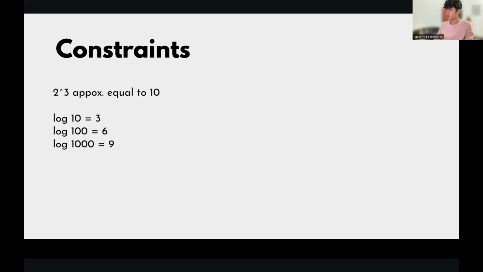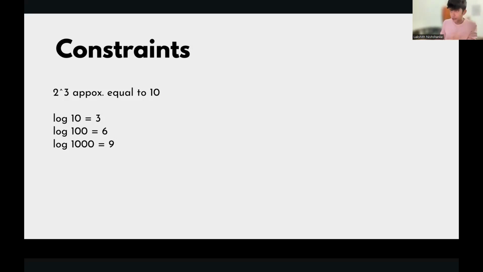Why does the input size matter? Okay, we got a question. Let me think of an example. I'm thinking of a sample problem. Okay, simple now.